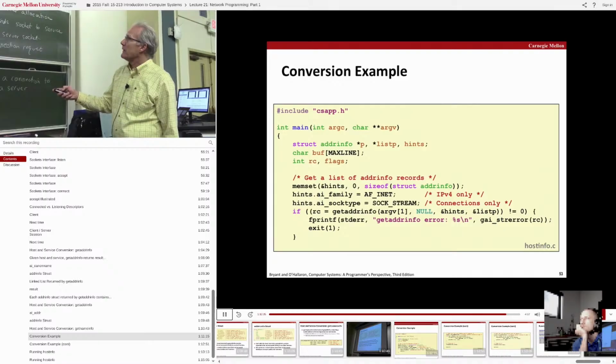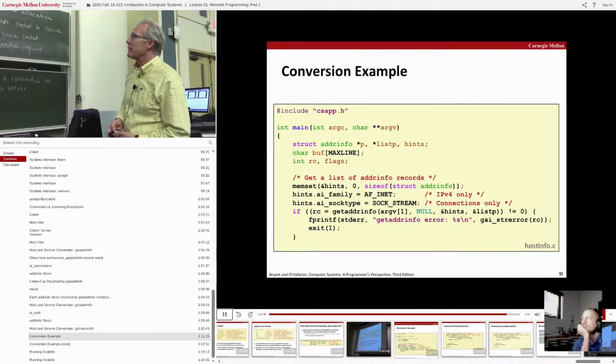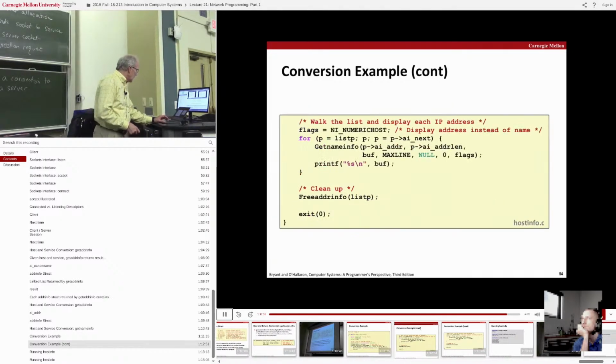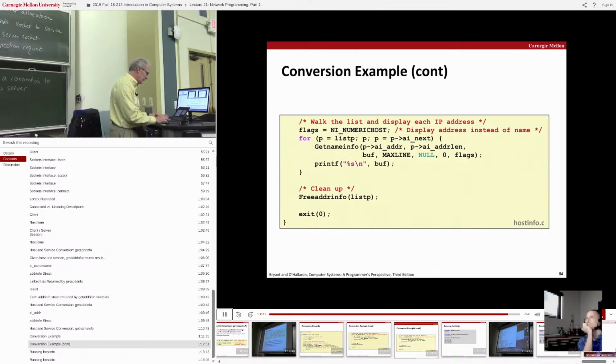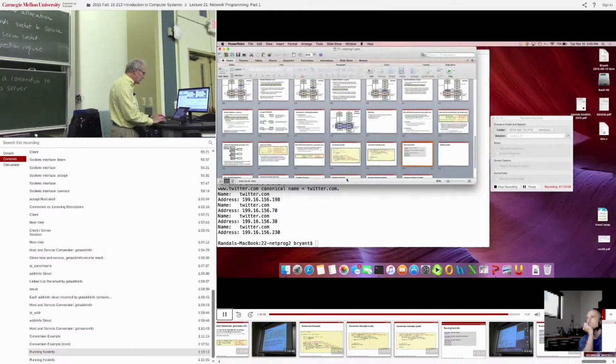What it will do is return an error code, but it will also return to me a pointer to this linked list data structure I showed before. And now I can step through that list using standard linked list code and make calls to the getNameInfo function, which will return back domain names. And then when it's all done, I have to free up that list that got returned. Otherwise, I'll create memory leaks. So just as a demo,